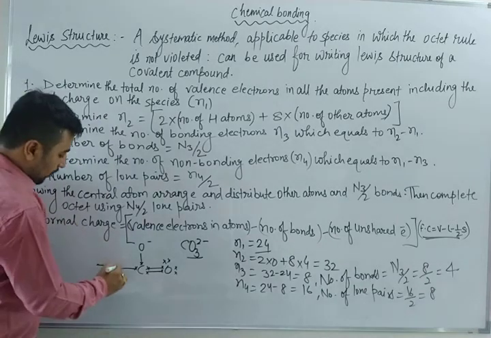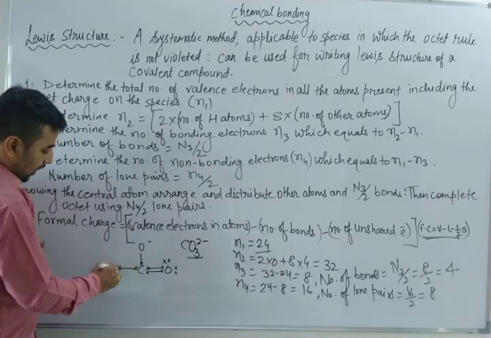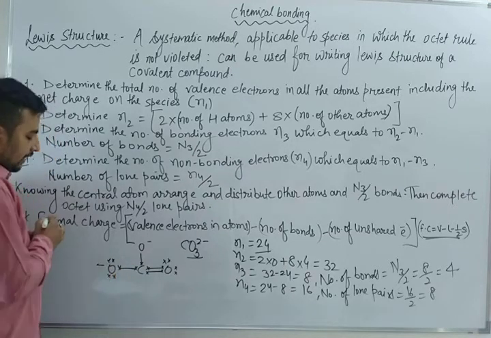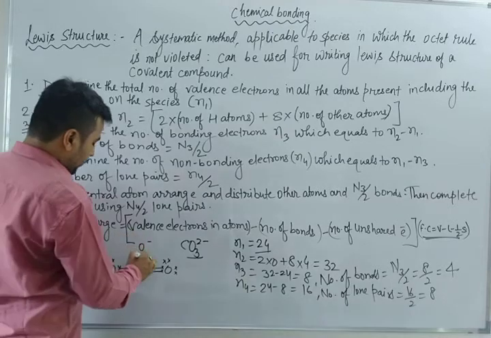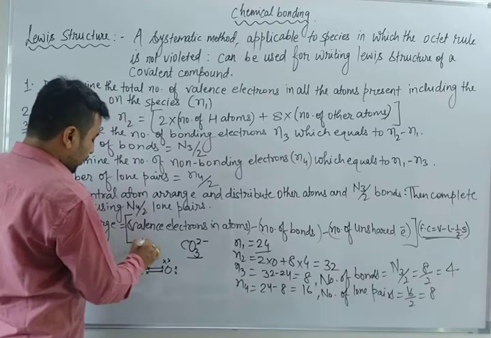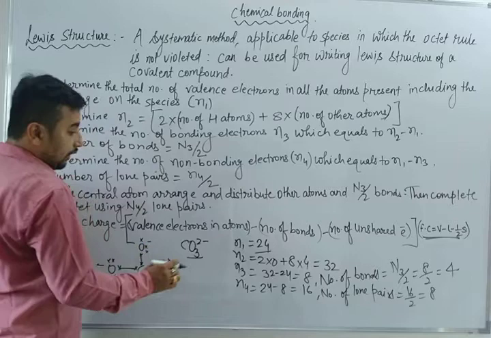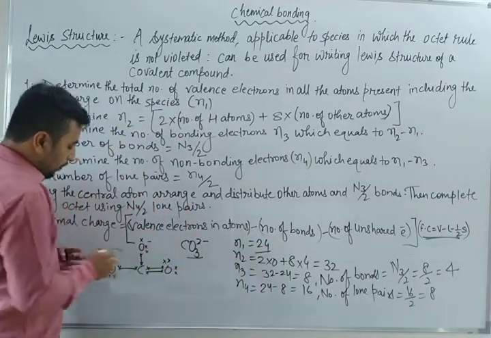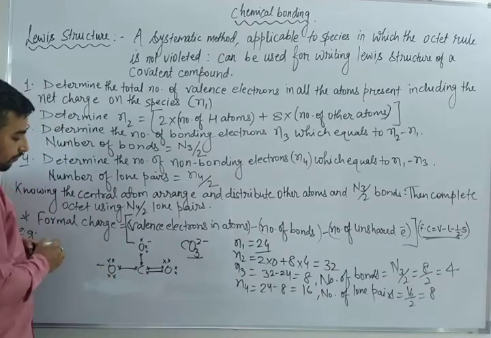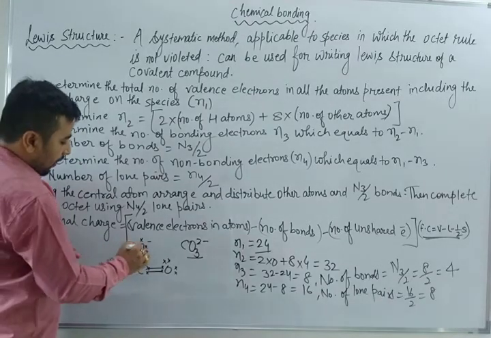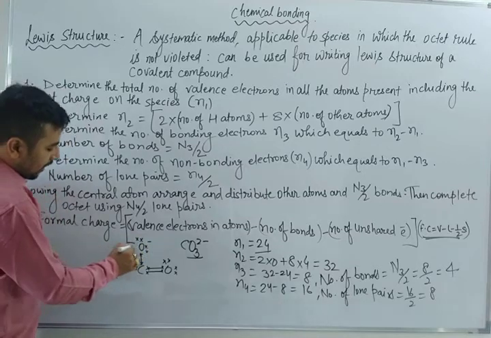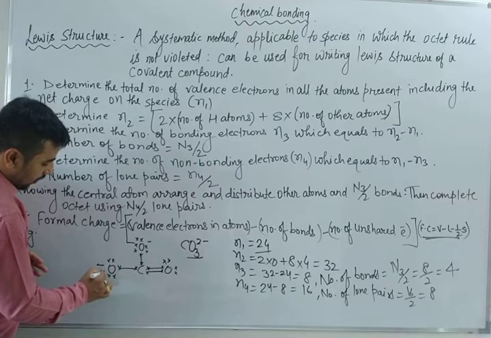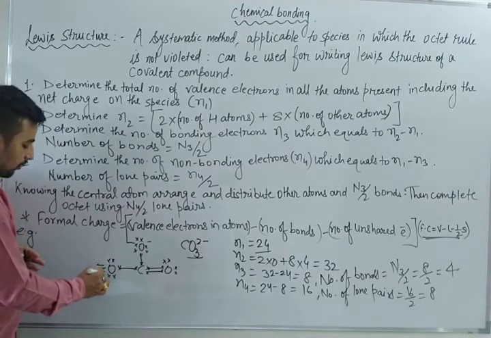And now just suppose about this oxygen: 1, 2, 3, 4, 5 and 6, and here 1, 2, 3, 4. See, the total number of lone pairs: 1 lone pair, 2, 3, 4, 5, 6, 7 lone pairs, and here 8 lone pairs. Now the question you will ask me, sir, how is this possible?